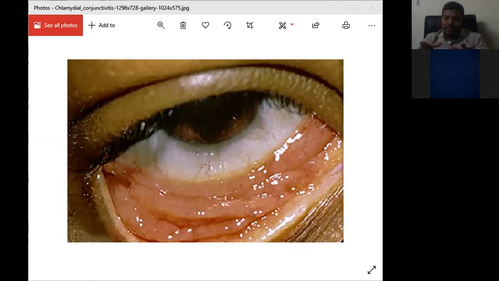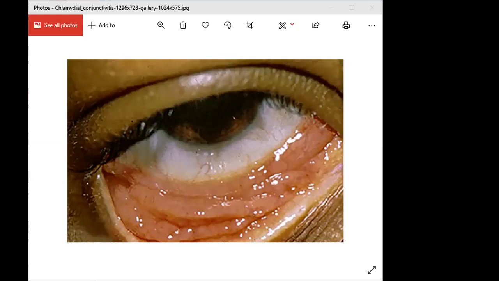What you see and examine in any chlamydial infection is multiple small nodule-like structures, multiple small swellings which are soft, not hard. So how will you see them, and what are the different things you see in chlamydial infections? As you see here, this is a typical example of chlamydial conjunctivitis. There are three types of chlamydial infections we talk about. One is trachoma. So what is trachoma?